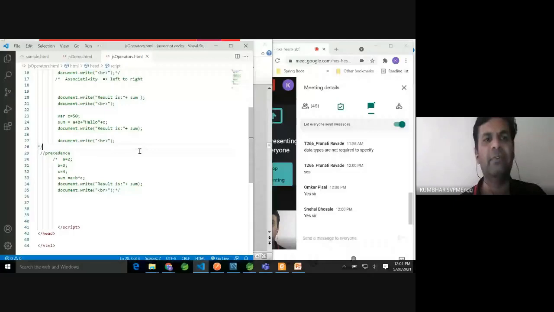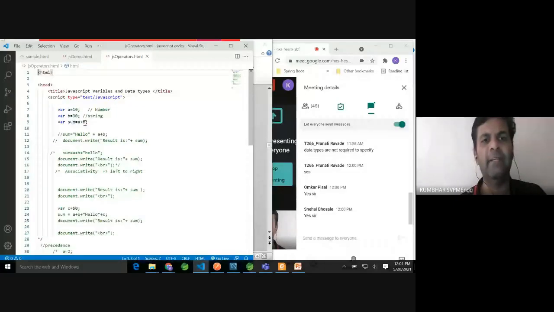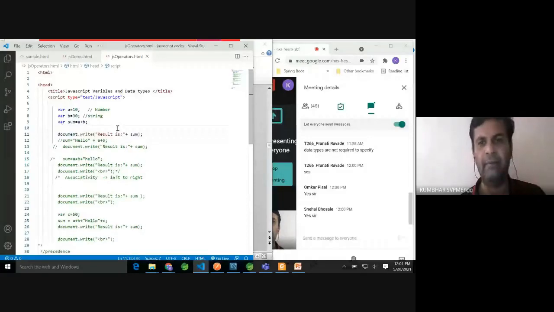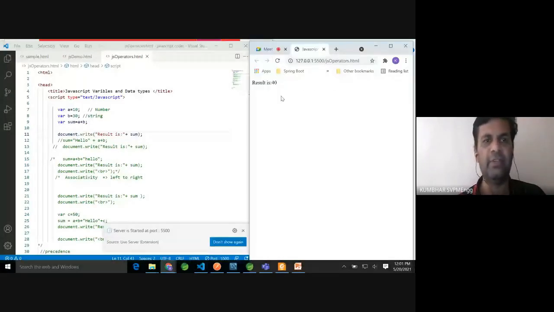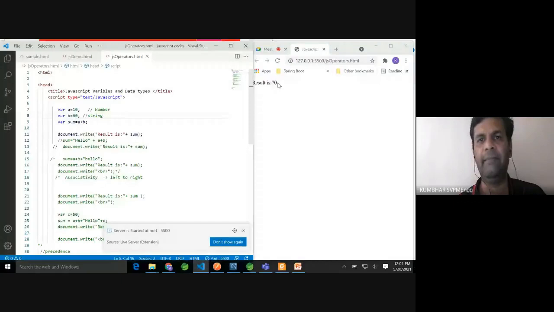Like this we can go for arithmetic addition. Let me print that addition and start my live server. And yes, the result is 40 because 10 plus 30. Let me change this to 60 and you will find 60 plus 10 is 70.